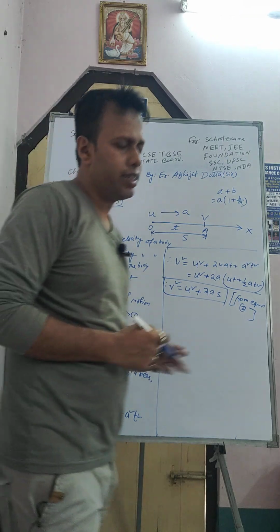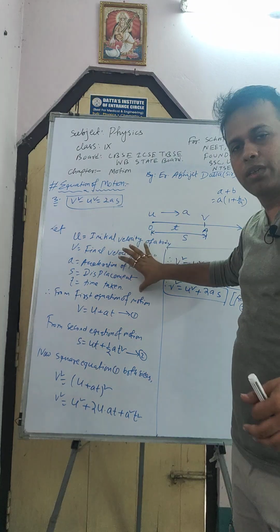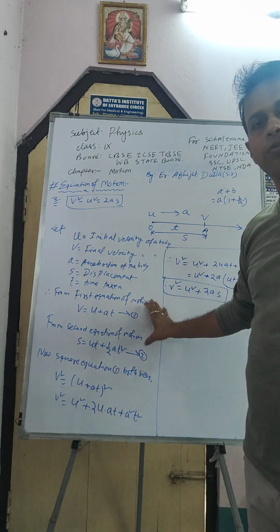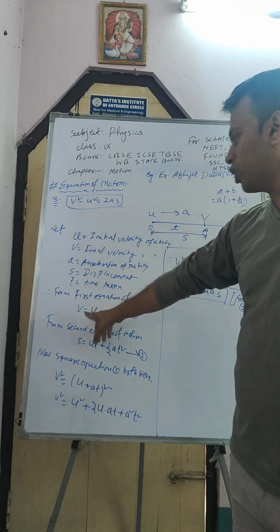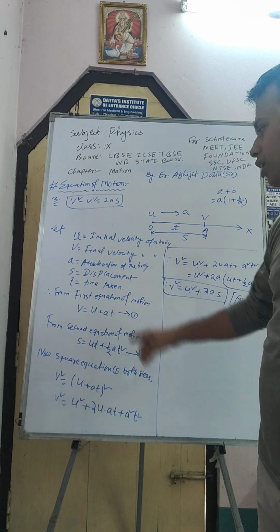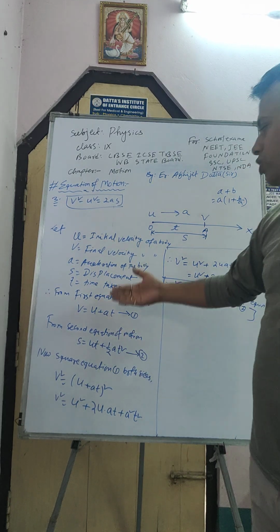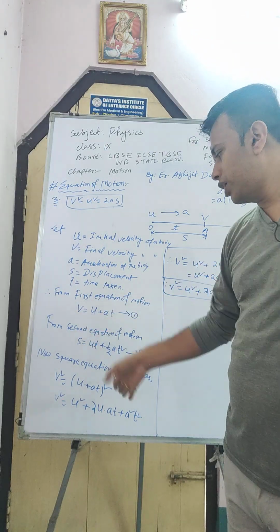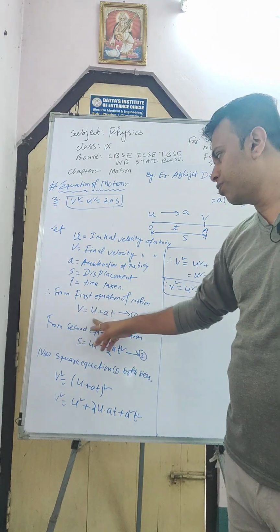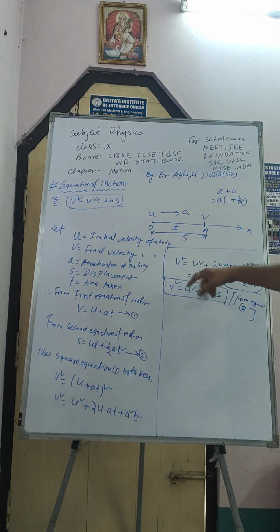Let me explain again shortly. This diagram and the considering part are also the same. In the body part you have to change. From the first equation of motion we can write v equal to u plus at, equation 1. From the second equation of motion we can write s equal to ut plus half at square. Now I square the first equation on both sides. Here will be v square, here will be (u plus at) whole square. So v square equal to u square plus 2uat plus a square t square.